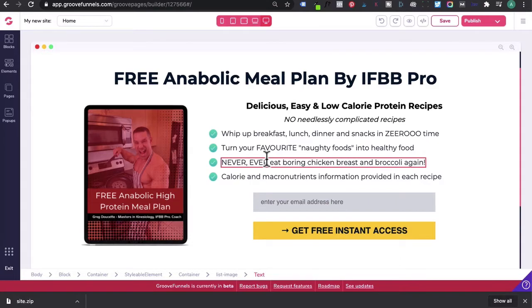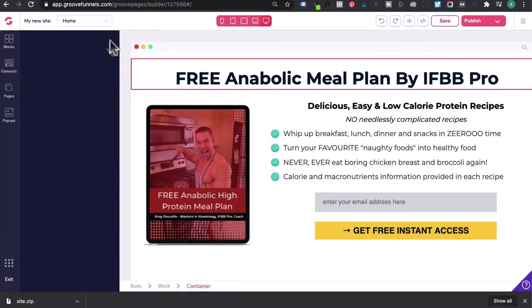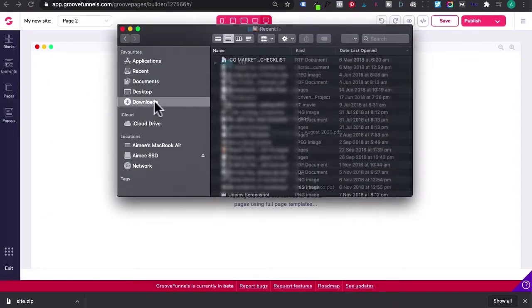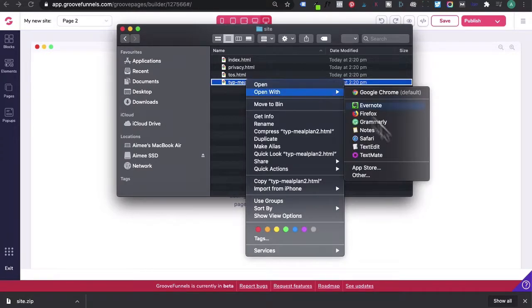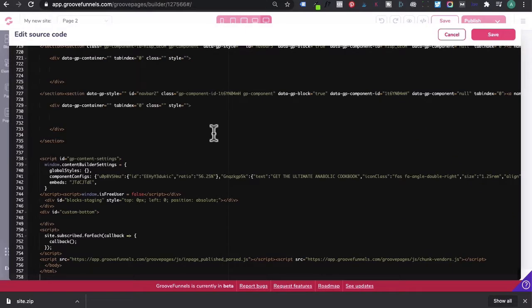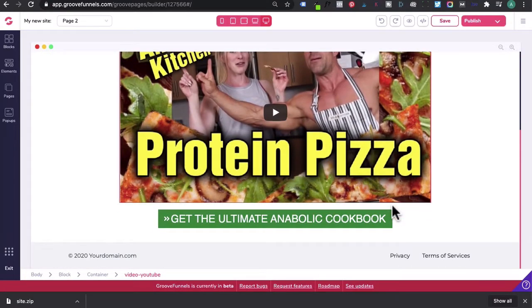Now you want to import the thank you page. So let's go to Pages and then click on plus, click on blank canvas, go back to your files, in downloads, open up the site, and we're looking for the thank you page, which is this one. I'll open up that, copy all of that again, click on this source code again and paste it. Press save, and there you go, you've got the thank you page, and you can do the rest with the terms of service as well as the privacy page.